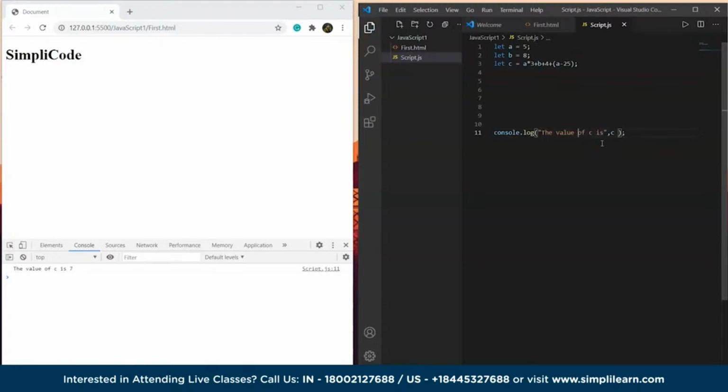Let's see if this value is correct or not. The value of a was 5. 5 into 3 is 15. 15 plus 8 is 23. 23 plus 4 is 27. 27 plus a minus 25. The value of a is 5, so 5 minus 25 is minus 20. 27 minus 20. The value of c is 7. See, it's correct. Check it yourself, and if you can, do something more interesting with this console.log,